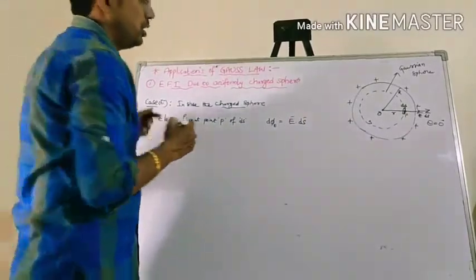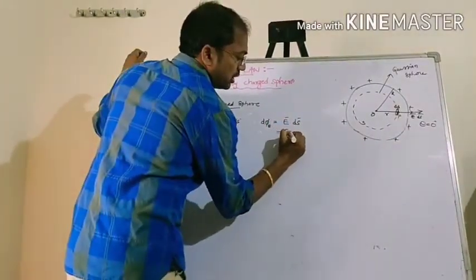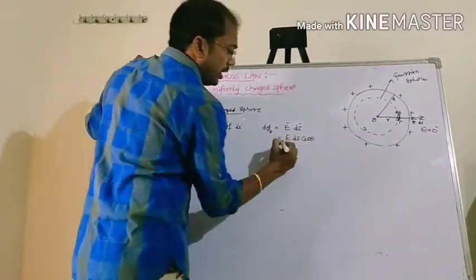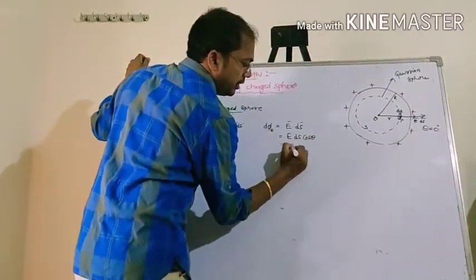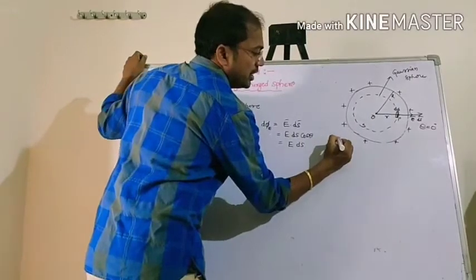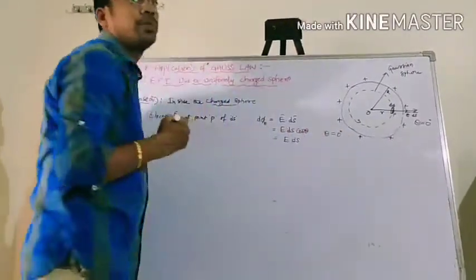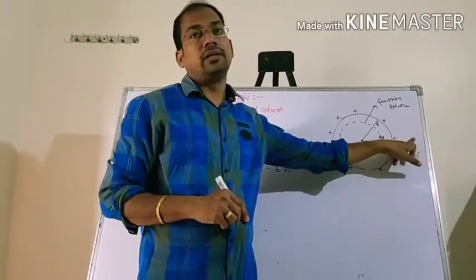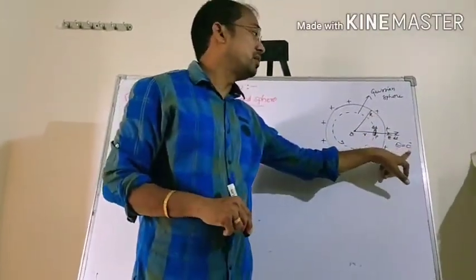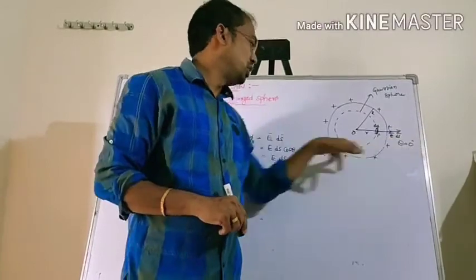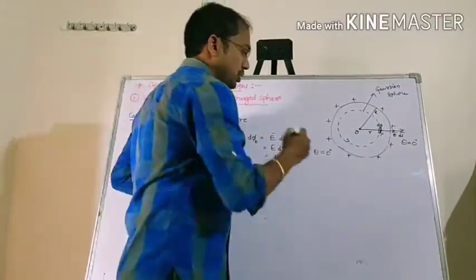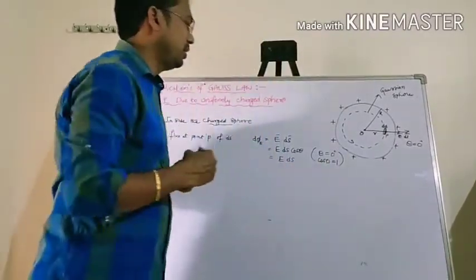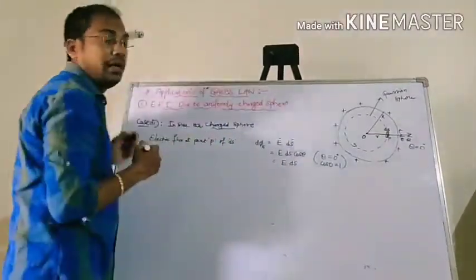EDS గా రాసుకోవచ్చు. And again we know that EDS ఏం వస్తుంది సార్ అంటే E ds cos theta. Okay, again I'm writing E ds only because theta is 0. What is theta here? The angle between electric field vector and area vector. Okay, these are the same direction, means the angle between these two is 0. So cos 0 value how much? Cos 0 value will be 1. So that's why I am writing E ds cos theta equal to E into ds.